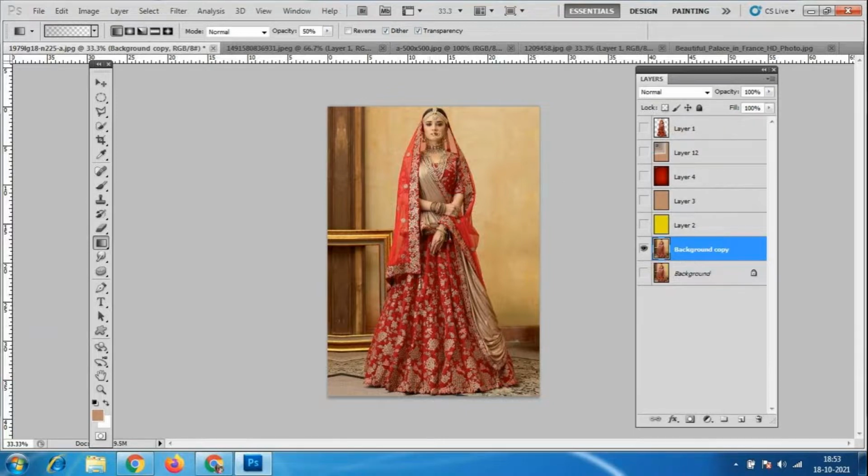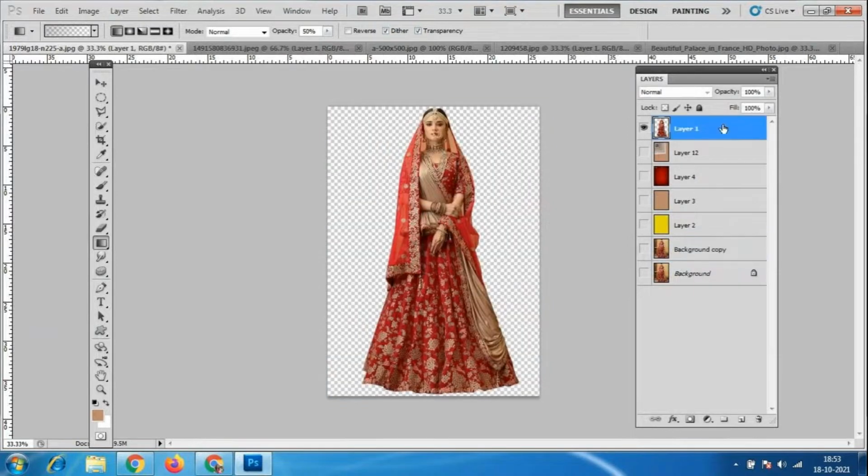You have to select it with the polygonal lasso tool and press Control J, so automatically it will come on a different layer. Like this, Control J. So I'll go to the paint bucket tool. If you click on the gradient, sometimes in the system it will show only the first tool, otherwise it will come like this. Inside this we have two different tools. Some students, I know, have not opened Photoshop till now. I'm telling them again: they will think that only the tools visible here exist, but inside this we have many tools.